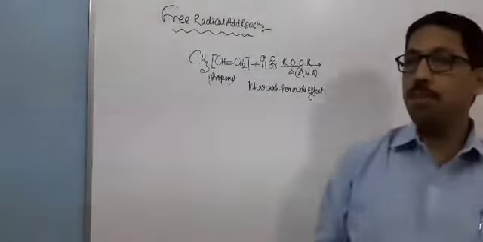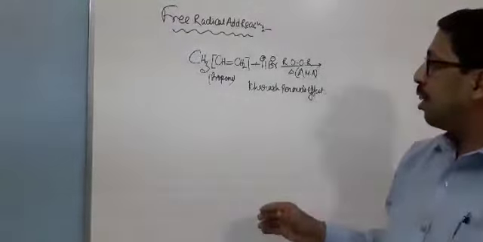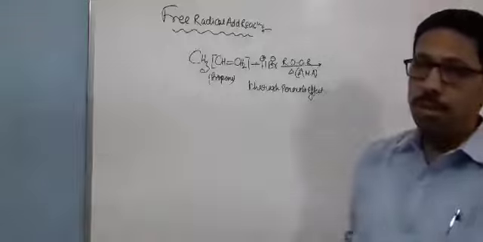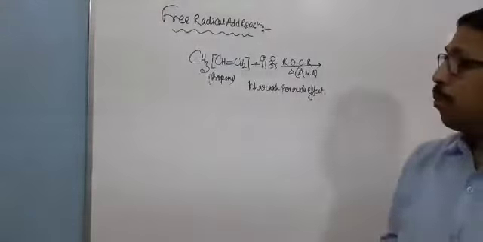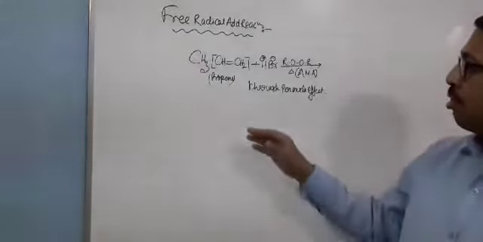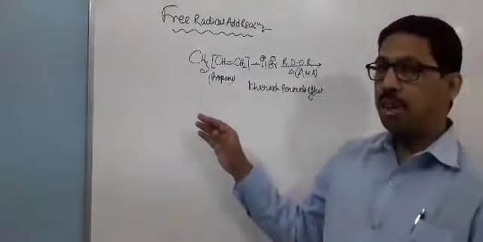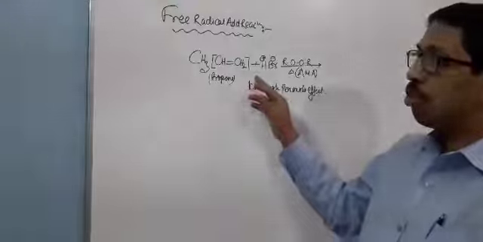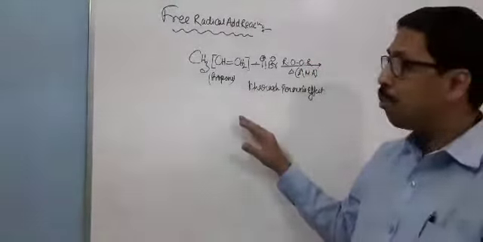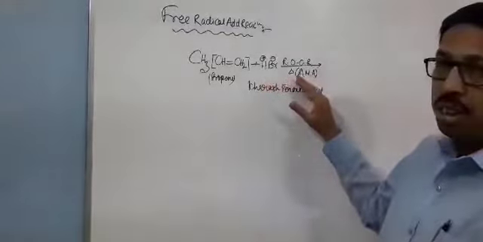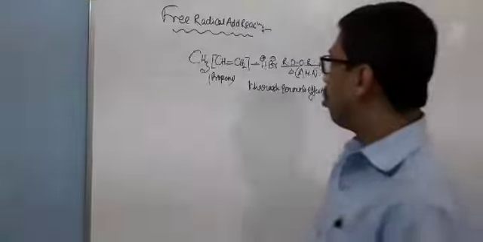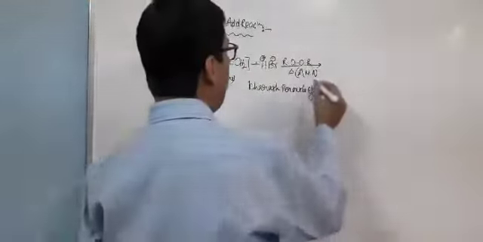then the positive part of the reagent is attached to that side of the double bond carbon which consists of the minimum number of hydrogen atoms, and the negative part is attached to that side of the double bonded carbon atom which consists of the maximum number of hydrogen atoms. This only happens when the reaction is carried out in presence of peroxide. So the product will be